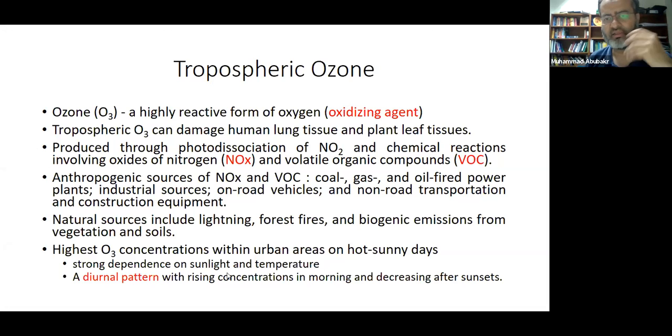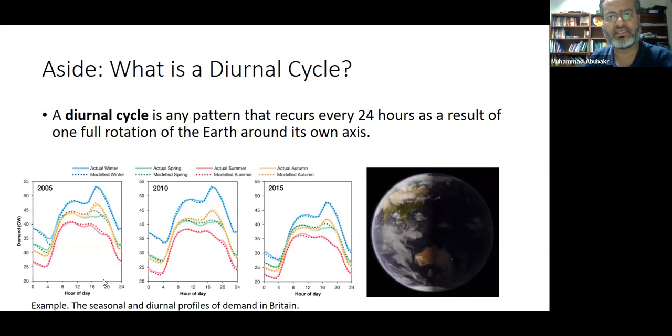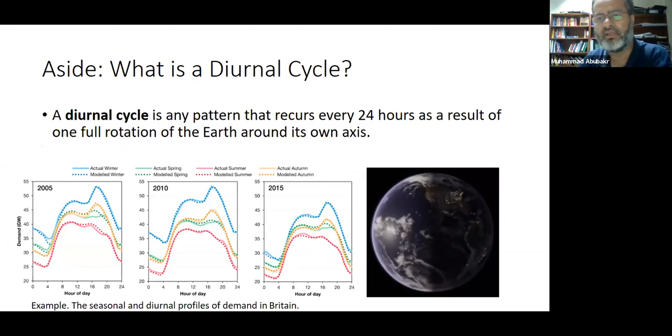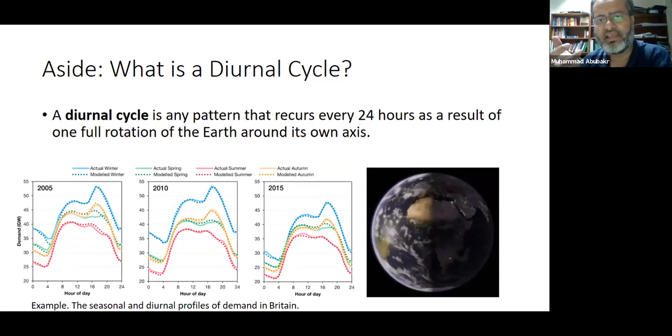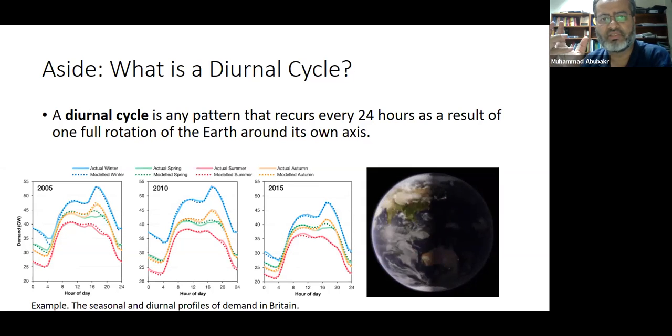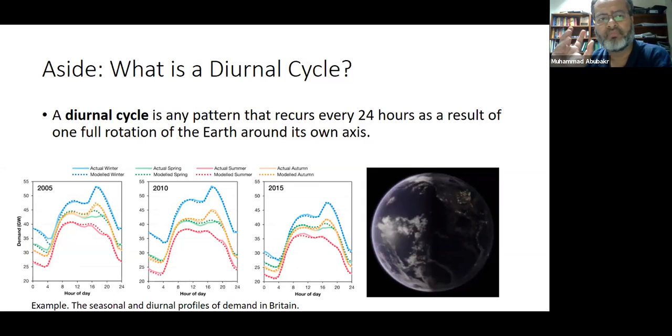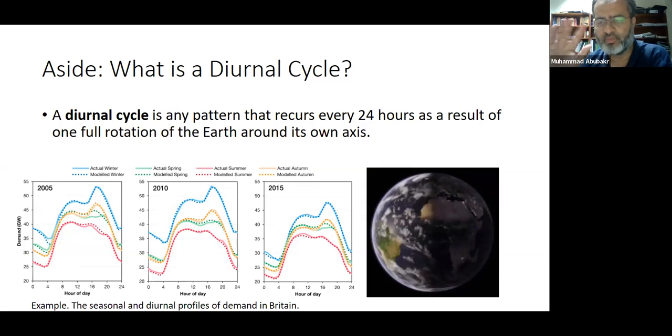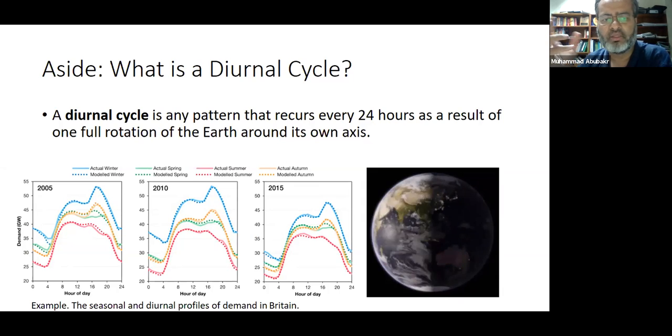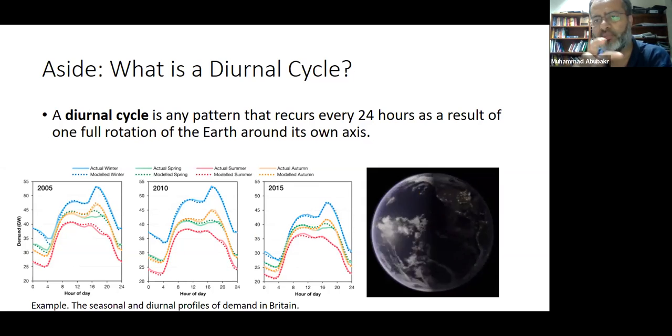And what we will be looking at is उसकी वजह से एक diurnal pattern है। Now this is a word which may be new for you, so we will just explore this a little bit more, कि there is some sort of a rising concentration in the morning, और जब सनसेट हो जाता है तो ये कॉन्सेंट्रेशन जो है वो नीचे आ जाती है, ठीक है। तो just as an aside ये क्या चीज होती है, what are these cycles, तो as you can see from this animation कि ये जो diurnal cycles हैं ये क्या है, these are any patterns which basically is a result of the rotation of the earth around its axis, ठीक है। सुबह शाम की वजह से कोई अगर पैटर्न हो रहा होगा तो that's usually this sort of a cycle। So ozone की production is an